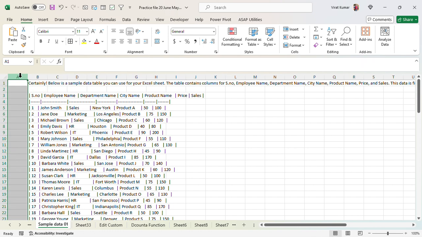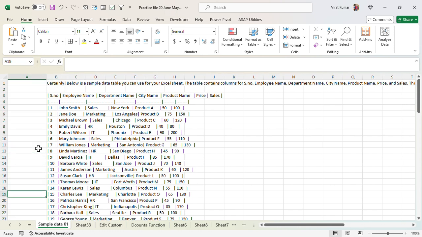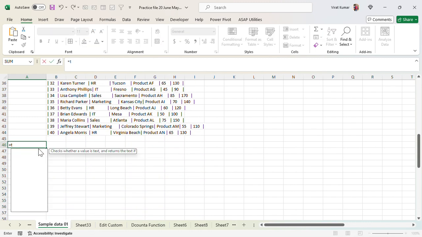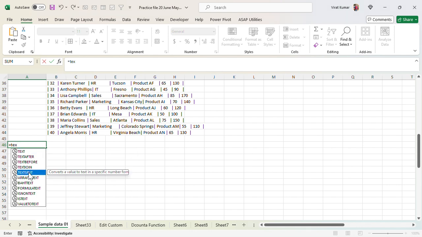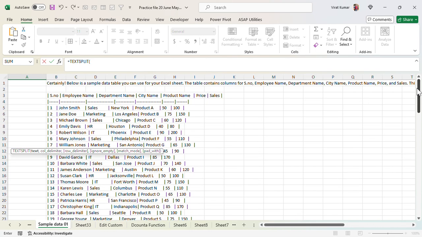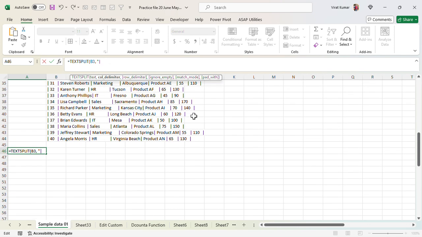Add a blank column and type the TEXTSPLIT function. Select the text, comma, and here type the quotation, copy the sign which we used here in the data.